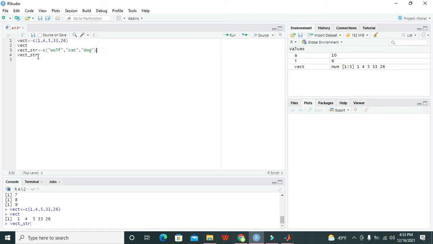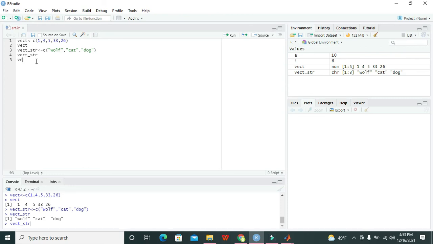Actually, a vector is nothing but a combination of all the elements of a list. So we will run it, and we got wolf, cat and dog, which is stored in vect underscore str. If you just write vect underscore str, then all the values inside will be displayed, as you can see here.